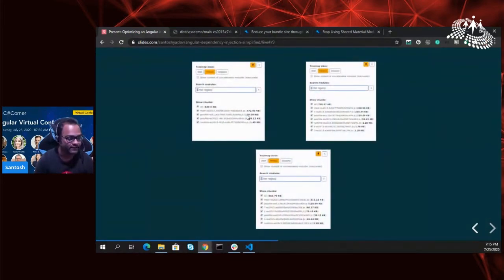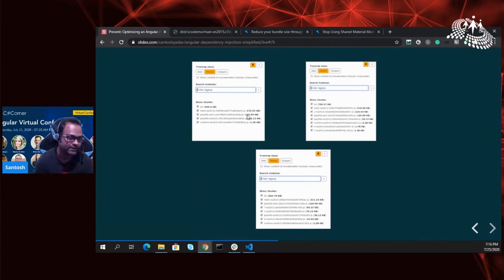So when I did that, after adding multiple components and modules, I added two modules and then a shared material module. So my bundle size went up to 639 KB, more than 300 KB more. And then I decided to create lazy loaded modules. I said, okay, now if it's 639 KB, let's go ahead and do lazy loading, as my first solution. And then when I did that, actually my bundle size went up to 705 KB,